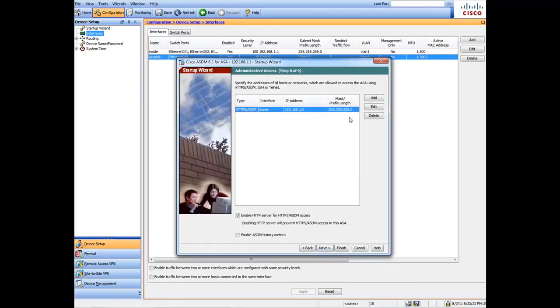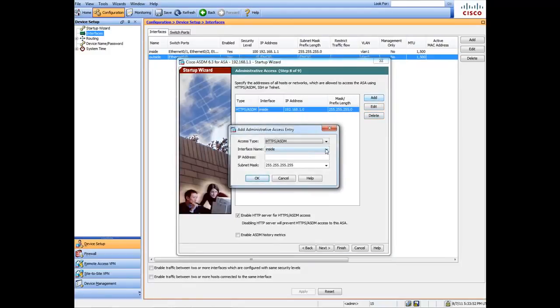Hit Next. Here, this is which networks you want to allow to use the ASDM or SSH or Telnet remotely. This is for administrative access. So what you want to do here is, if you have changed the internal network, for example, if you guys are using a 192 network at work and you've set this to 192, then you're fine. But if you changed it, then you're going to hit Add, and you're going to specify